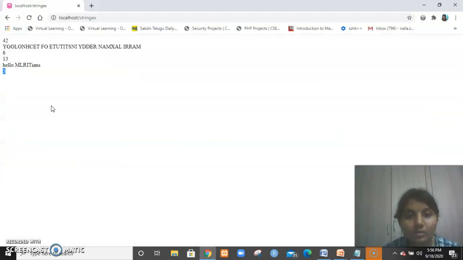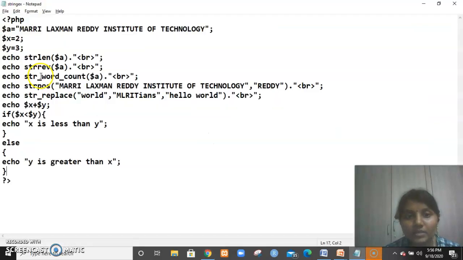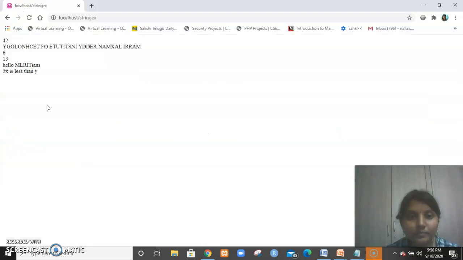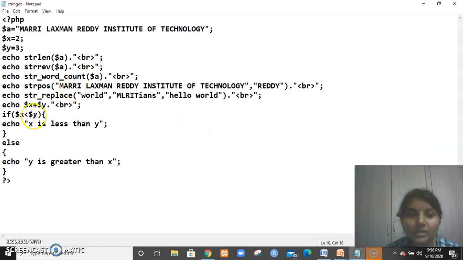Now see how you'll get the output. x is less than y, because x is given as 2 and y is given as 3, so we are just printing that. You're getting this statement like that. The comparison statements can be used like this.